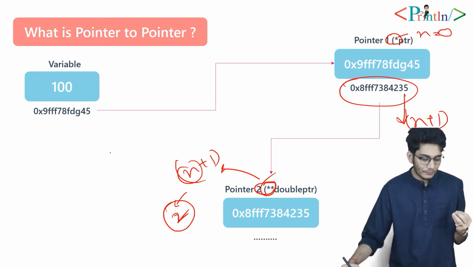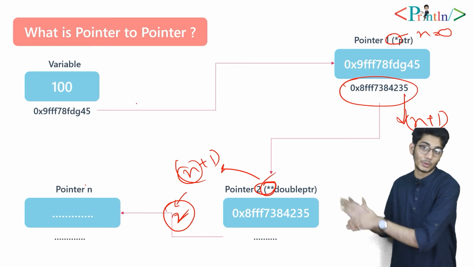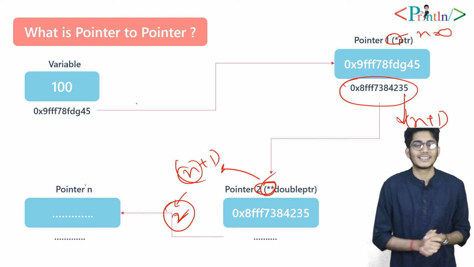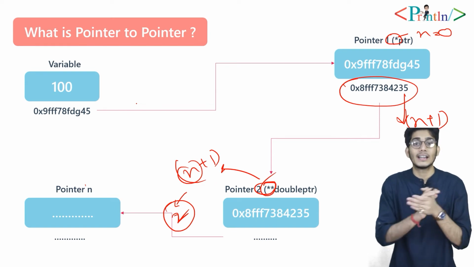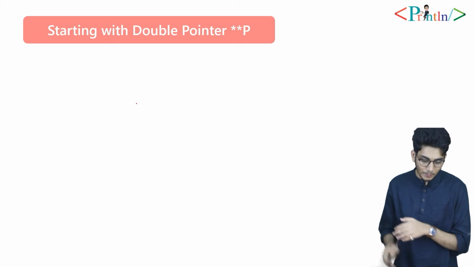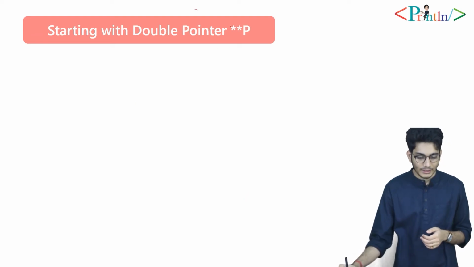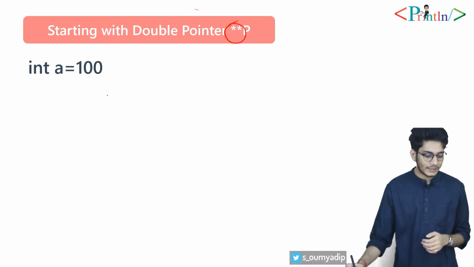So let's say that we are trying to store an n star pointer. How many stars do we have in our pointer? That is star, it will go up to n, so it will go on, right? So I think the difference between a pointer and a double pointer, and the significance of the star, is clear. Starting with the double pointer, that is star star p, you can see that we are declaring a double pointer with star star. Now let's say, what is the value of a?